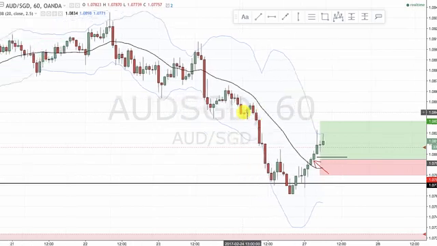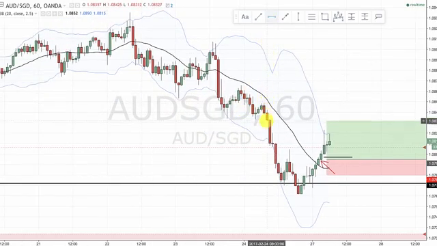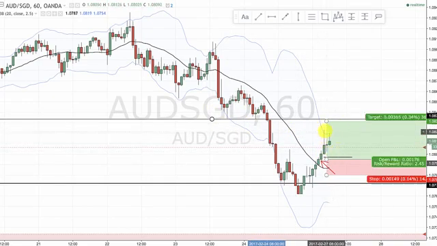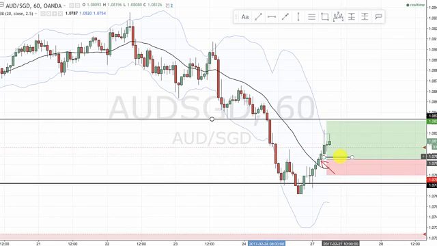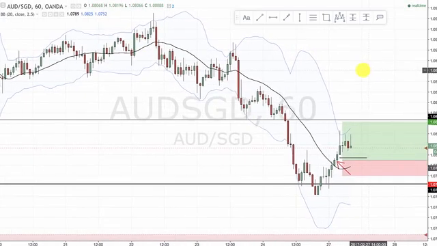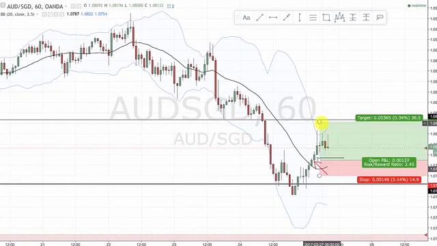There's no reason to exit yet, and again I remind you, here is the take profit order just ahead of this flip zone, so I still think there's a good chance we can reach it. However, the last 2.5 candles here are a little bit worrying for bulls. I will keep the trade open with a stop loss in place, and I will update you again in a few hours. So 2 more candles have formed on the Aussie Singapore trade, and I just exited the trade